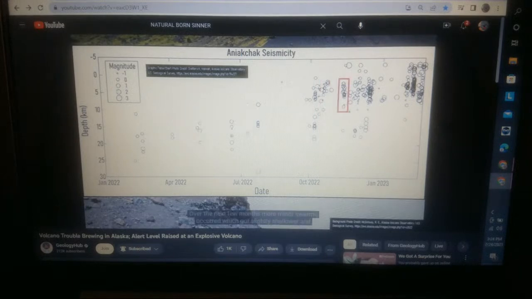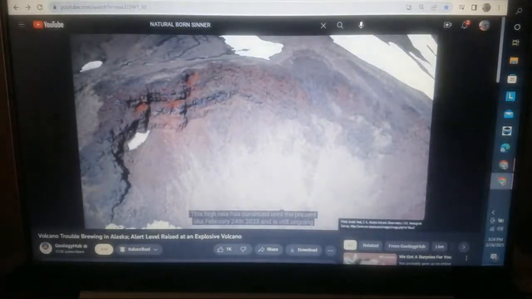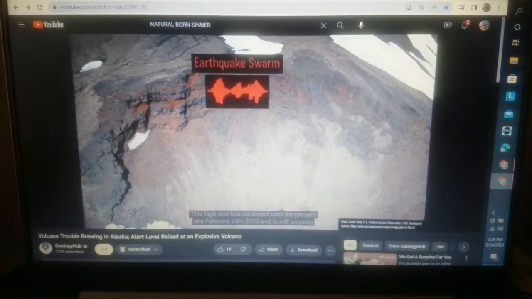Over the next few months, more minor swarms occurred which got slightly shallower and shallower until it reached January 31st of 2023. On that date, the number of daily earthquakes jumped to more than the number which would typically occur in a 3-month time span. This high rate has continued until the present, aka February 24, 2023, and is still ongoing as of the writing